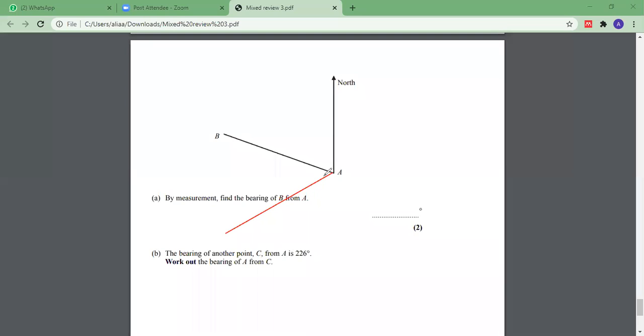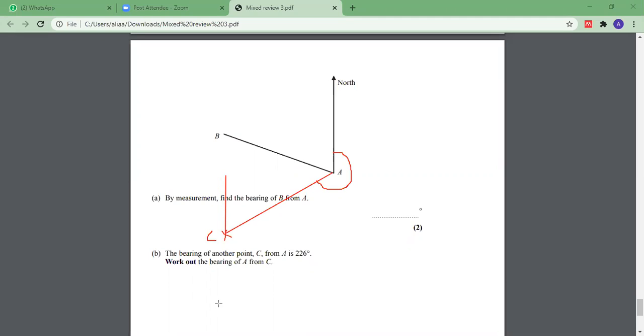Around this side it will be 226. Okay, so I will mark this as C, but he doesn't want me to draw C, he wants to know the bearing. So after I draw C, I have to draw north